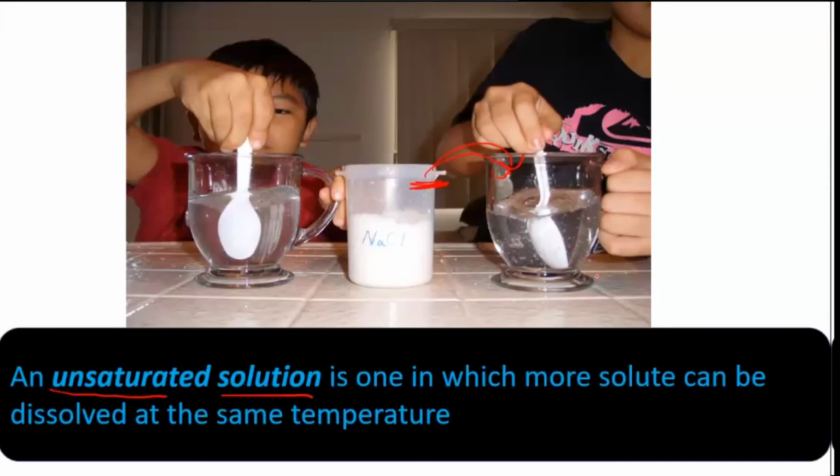Suppose you are doing this process at room temperature, and you are adding another solute at room temperature itself. When you add more and more solute, and that solute gets dissolved in this particular solvent, then that solution is called an unsaturated solution. It is called unsaturated, meaning however much you add, it is not full. It is not satisfied with that. You can still keep adding to that solution. Then it is an unsaturated solution.